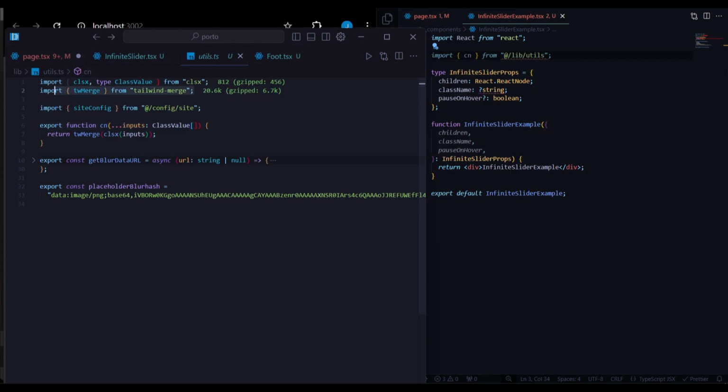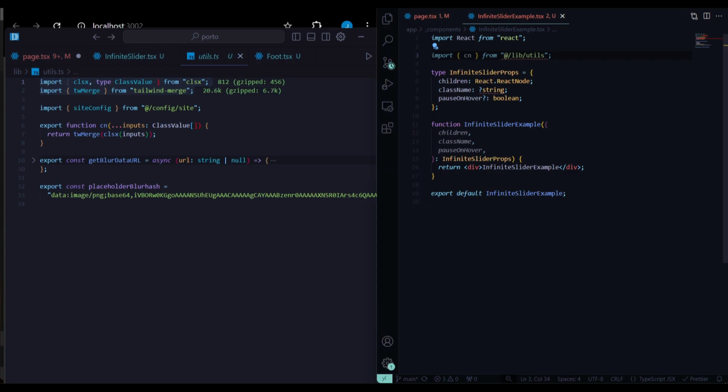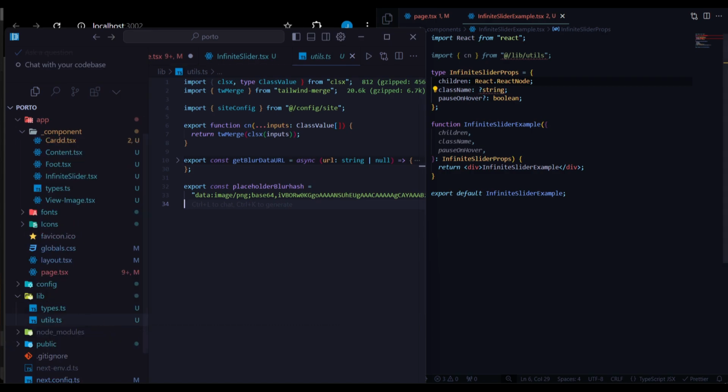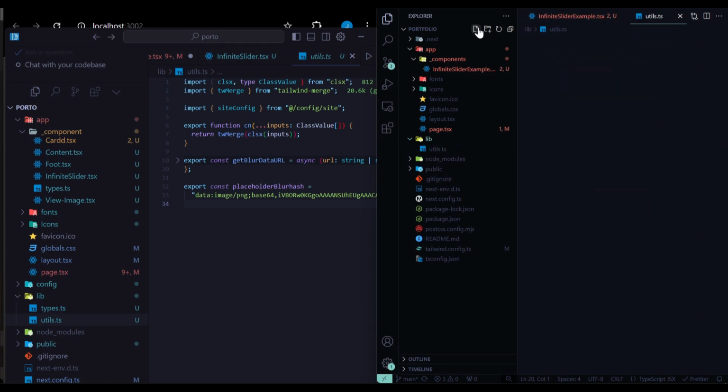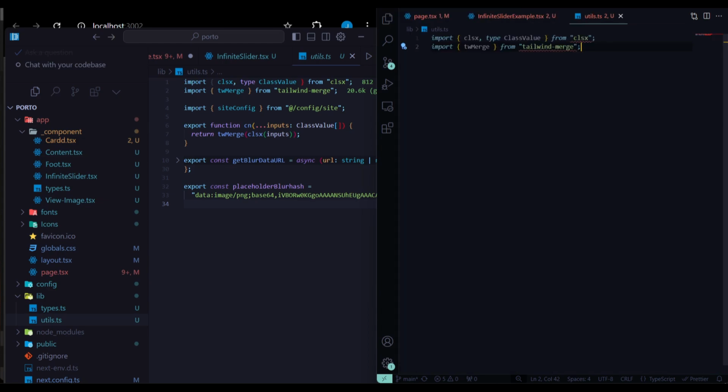So in here we are going to import, first of all we're going to create a lib folder. So here we're going to create a lib folder, and in here we're going to create a file of utils.ts, and then paste those. In here we're importing clsx and the type of ClassValue from clsx,